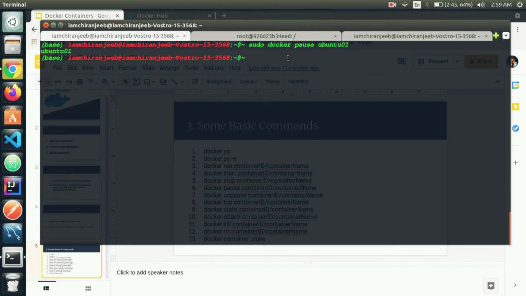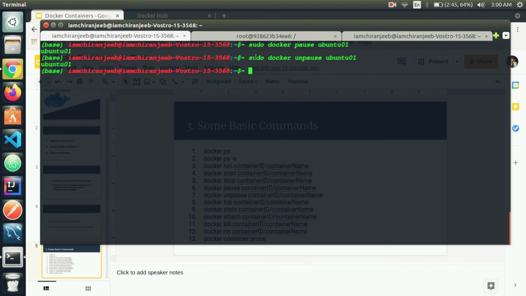So it has been executed successfully. So now type here something. You can see I am not able to type anything here after executing this command. Basically what does this command do? This will pause the container, and that means while the container is in the pause mode, you cannot type anything here.